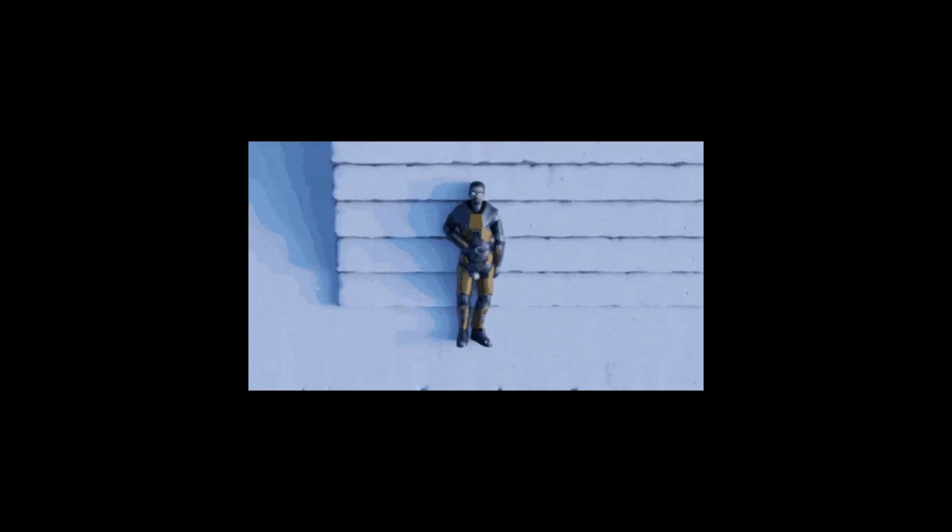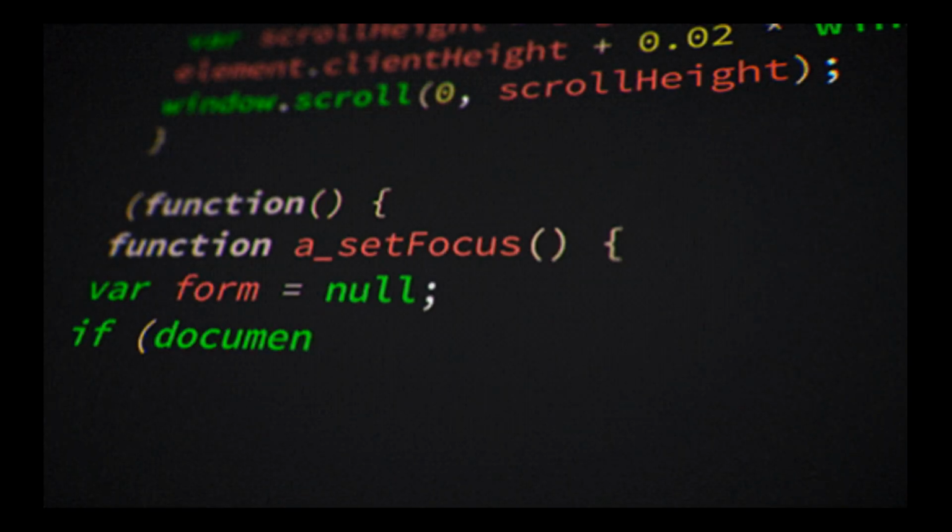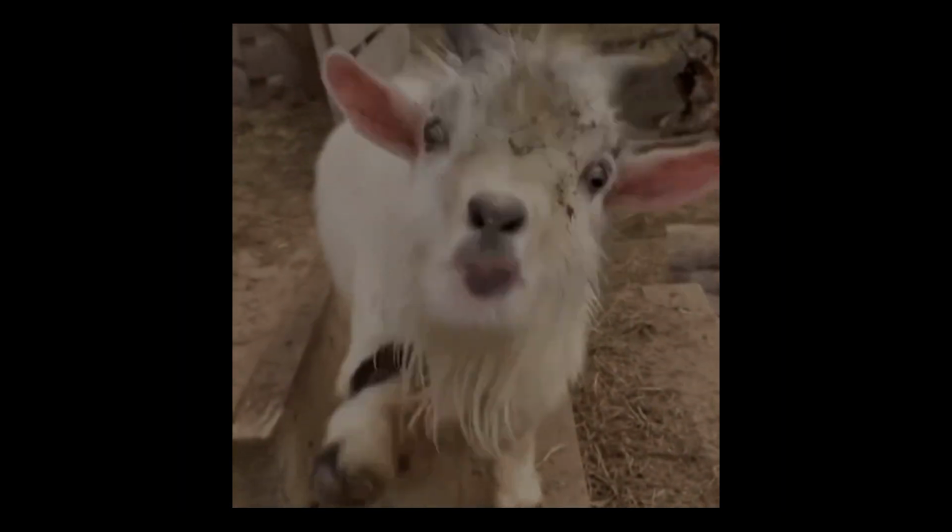Half-Life 3 is undeniably one of the most anticipated games of all time, as well as having one of the most interesting development histories in all of gaming. We have got a lot to talk about today, so without any further ado, let's jump into the timeline, starting